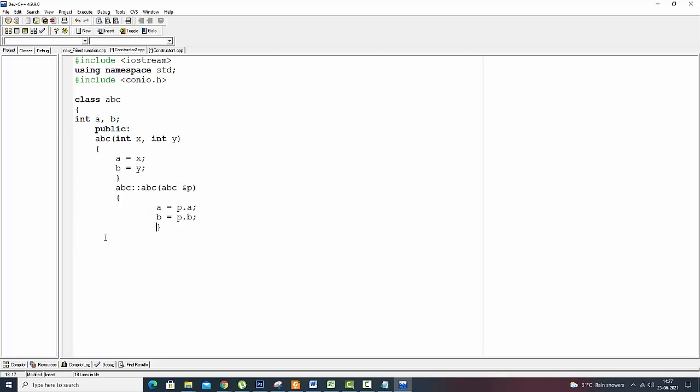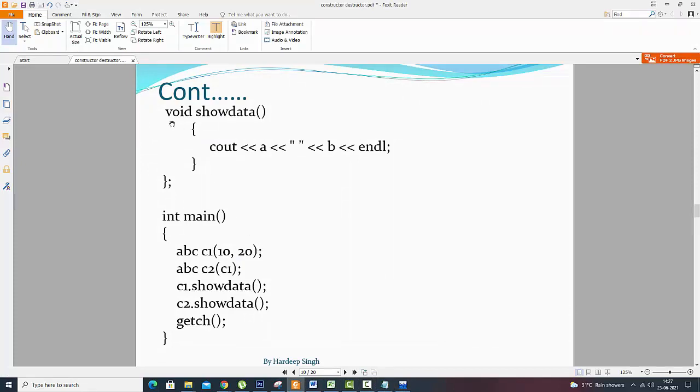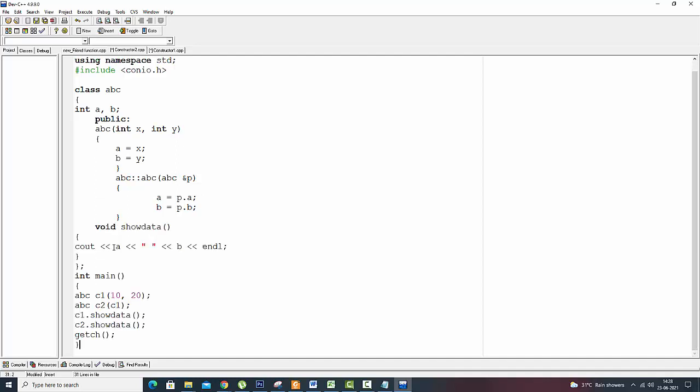So in both of them we have the constructor. So we have both of the constructors, and then we have the main portion. So what is the main portion here, beforehand that one we have a show data and all those things have been written. So let me just copy and paste it first. Some changes we are going to do, we will see those things.